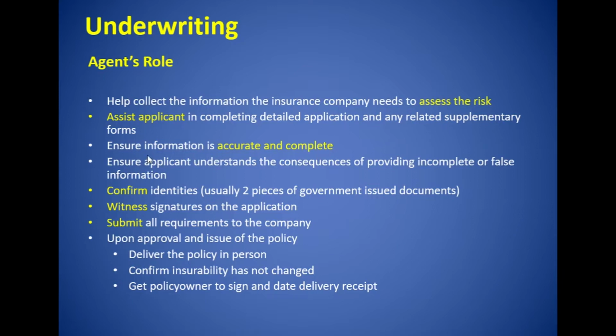You have to make sure the client understands that that information needs to be accurate and complete. And you should actually make sure the client understands the consequences of providing incomplete or false information. Not doing that obviously may jeopardize the underwriting process, or even if in fact the policy is approved and later on they find that the information was incomplete or false, there are other implications there under the incontestability clause or the fraudulent clause. So clients have to be careful and be aware that they must be truthful and honest in the information provided